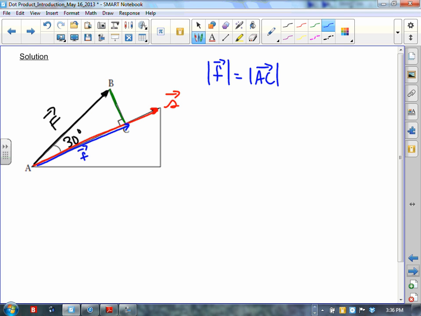That in itself is a component, and it's a component to this vector right here. So when we calculate components, especially those that are horizontal, we take the magnitude of the force